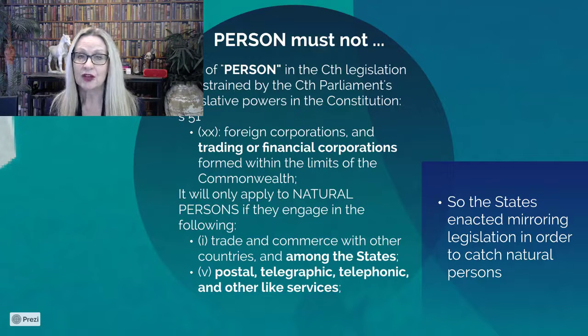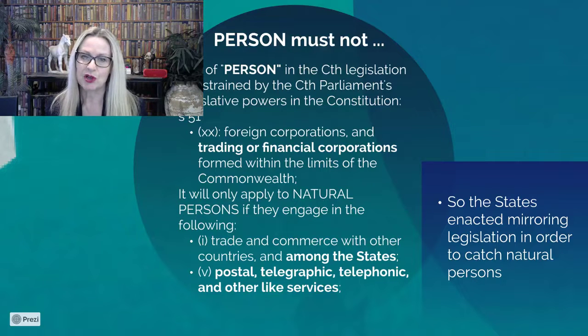Similarly, if conduct by natural persons involves things that are controlled by the Commonwealth and enumerated in the head of power under section 51 sub 5, postal, telegraphic, telephonic and like services, then section 18 can apply to that natural person's conduct. So you can see there was a big lacunae, nice word, there was a big gap in the way that